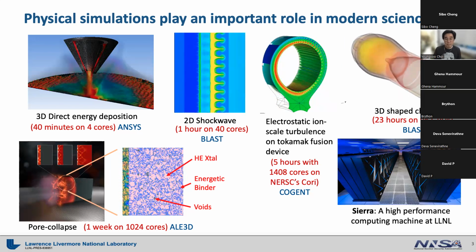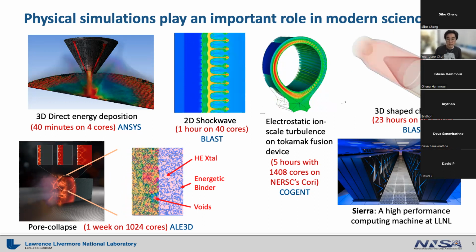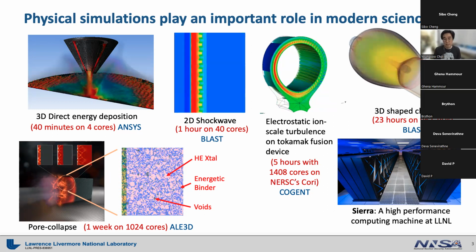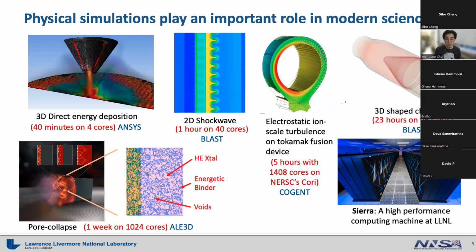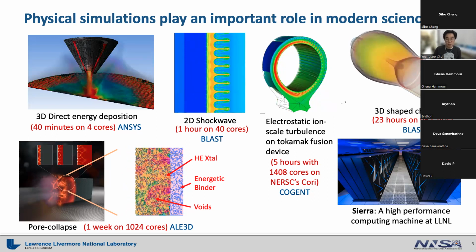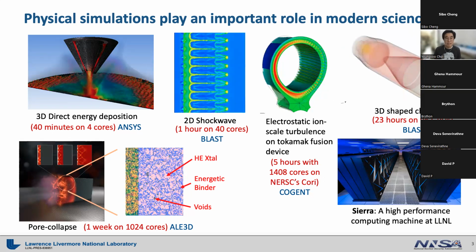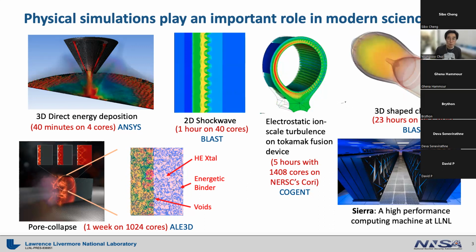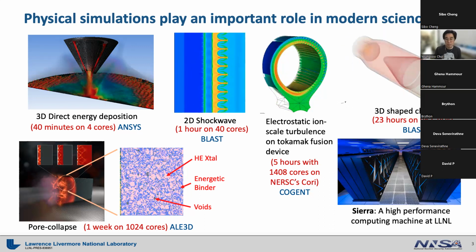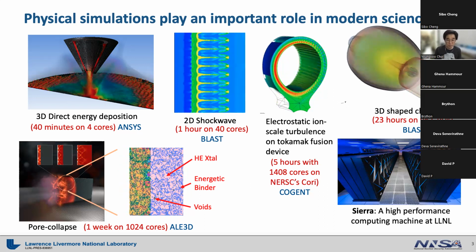There are many other important physical simulations, but one potential and major problem with these simulations is their computational cost. Some of them are actually manageable, such as 3D direct energy deposition or 2D shockwave simulations, which take an hour with multiple cores, not that bad. However, more involved simulations such as tokamak simulation, 3D shaped charge simulation, and pole collapse simulations are just too expensive